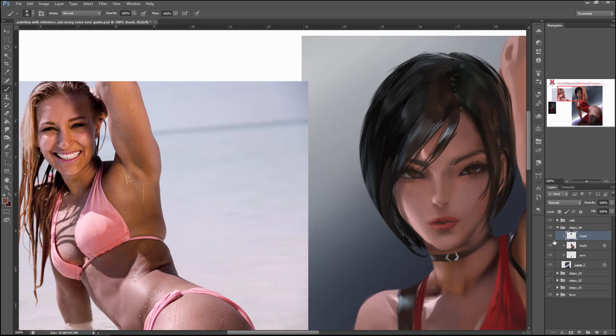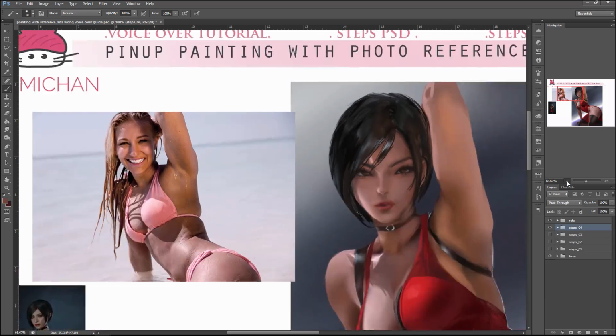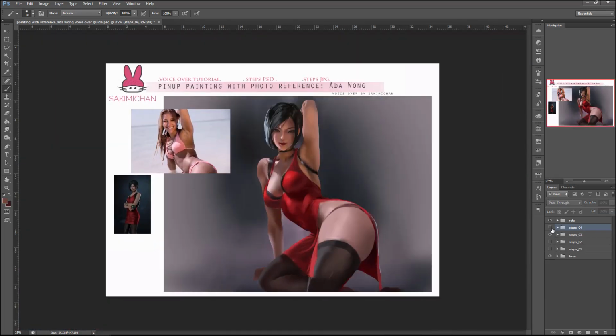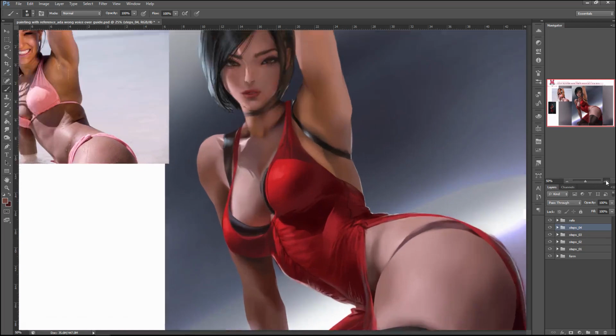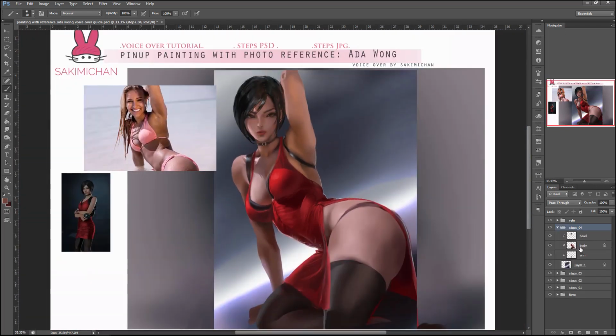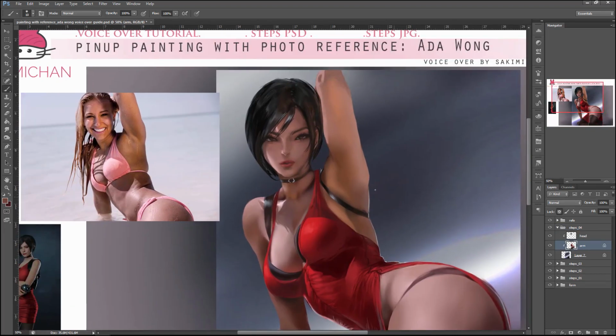Okay, I think this should do. So this is before, after. Okay, that's not too bad. Okay, so now that we have this, I'm just gonna merge everything that's not the head together into one layer. I'll lock that down. I'm gonna do a general